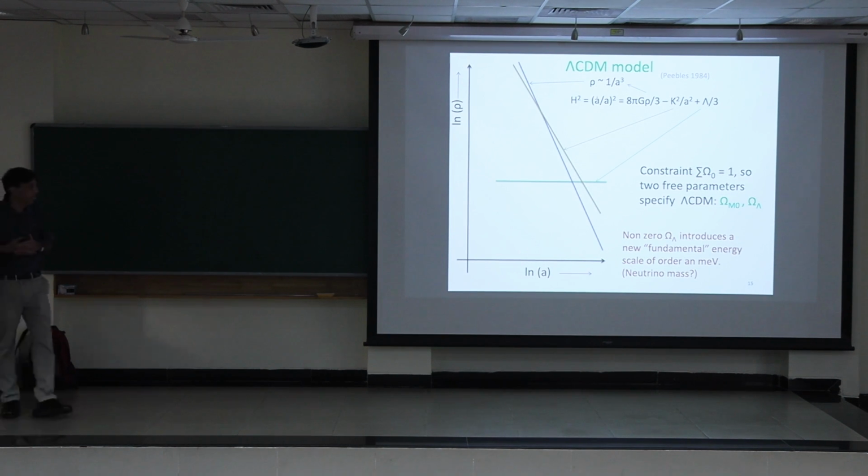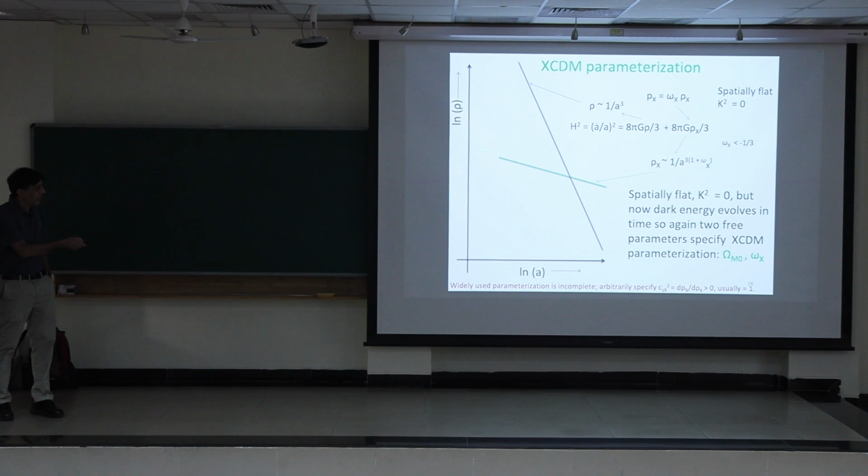And until recently, there was nothing fundamental happening there. I mean, neutrino masses are showing up around there, but it's kind of unclear if they're related to dark energy. So it's kind of a problem if you want to introduce a new milli-electron volt scale here. And it's easy to get rid of that. One way is to tilt this line a little bit and make it a function of time. Even a tiny tilt, because the universe is so old, lets you start out with the GeV or TeV or even higher dark energy scale. And as time goes on, it drops to the present and generates that milli-electron volt scale.